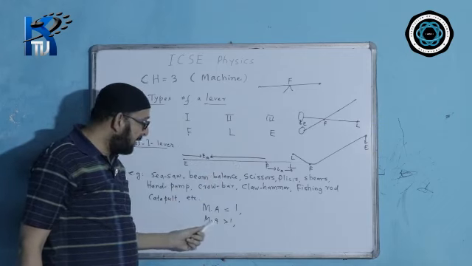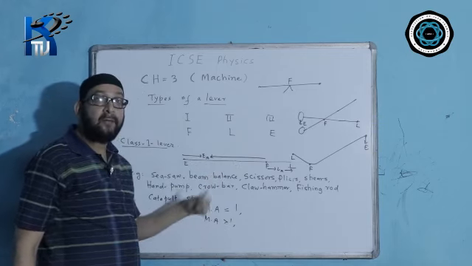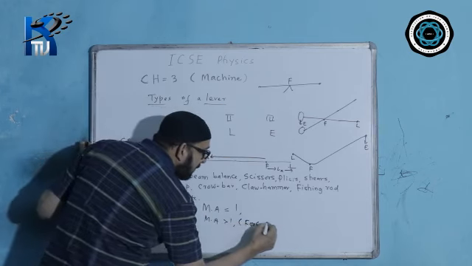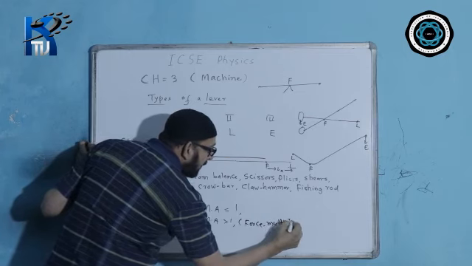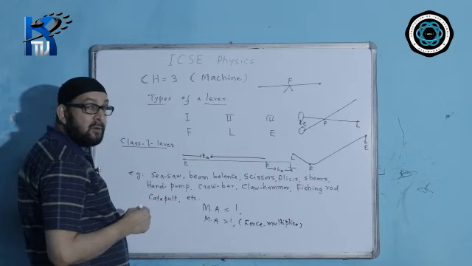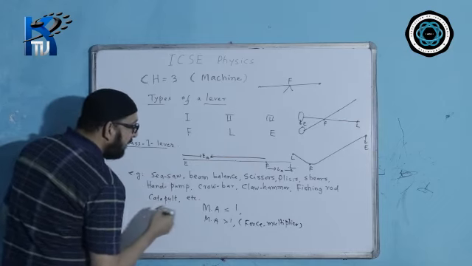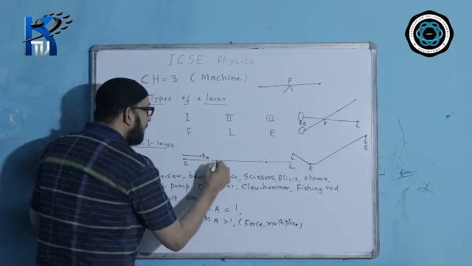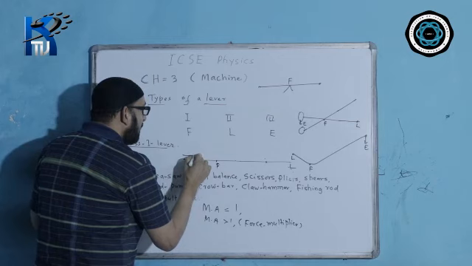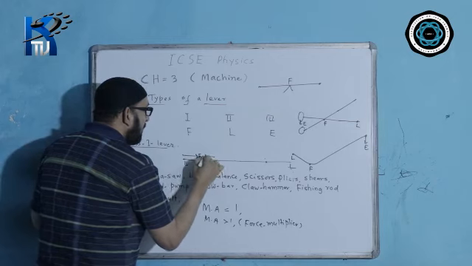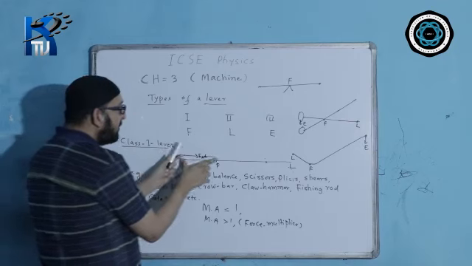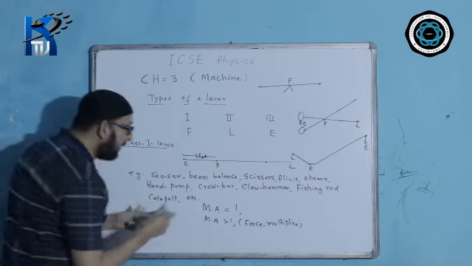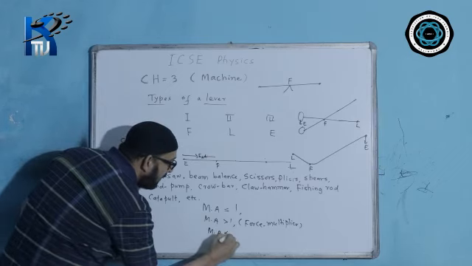So in that case, the mechanical advantage will be greater than 1 and it will act as a force multiplier. Force multiplier, when the effort arm is longer than the load arm. And if the fulcrum is situated closer to the effort, somewhere here, then the effort arm is this much and the load arm is this much. So the effort arm is shorter and the load arm is longer. Then the mechanical advantage in that case will become less than 1.